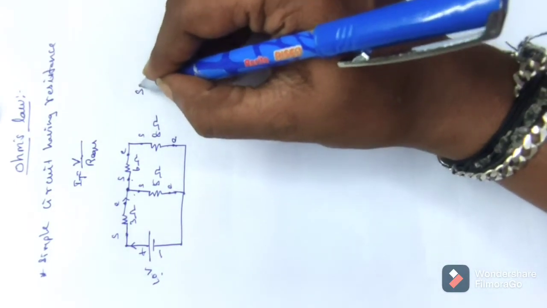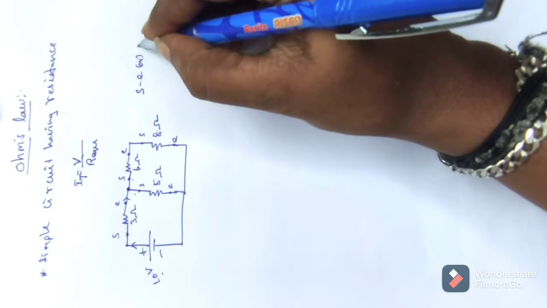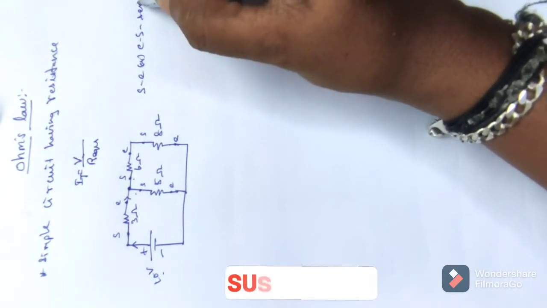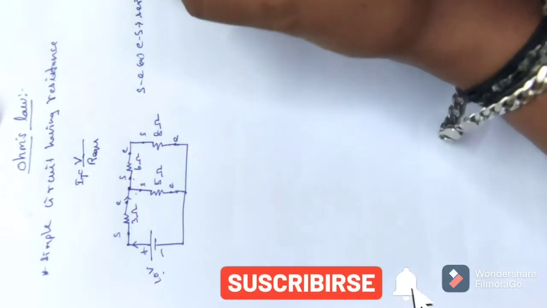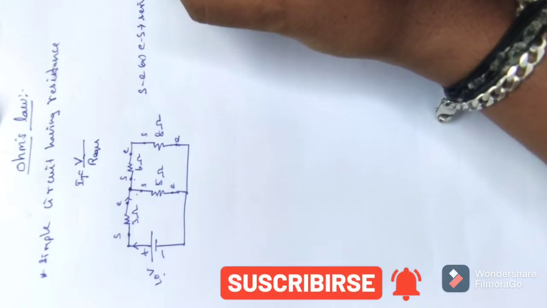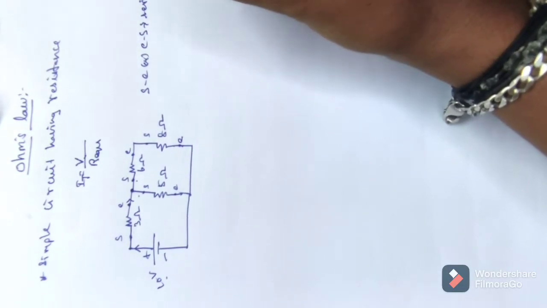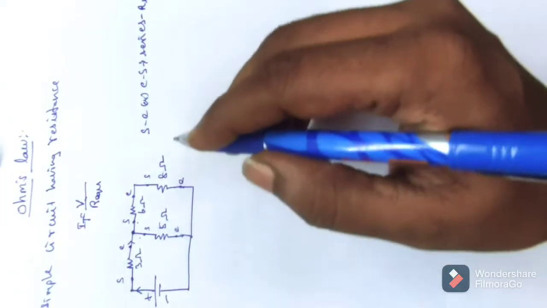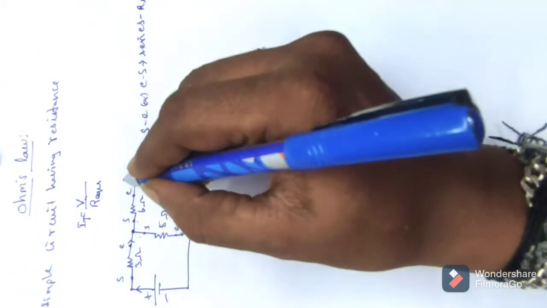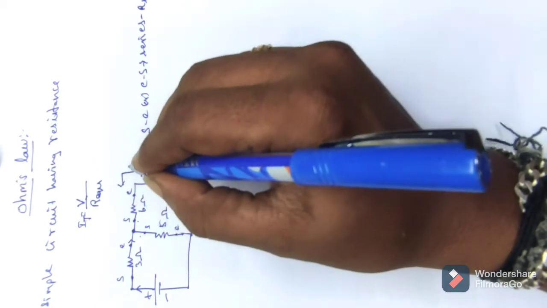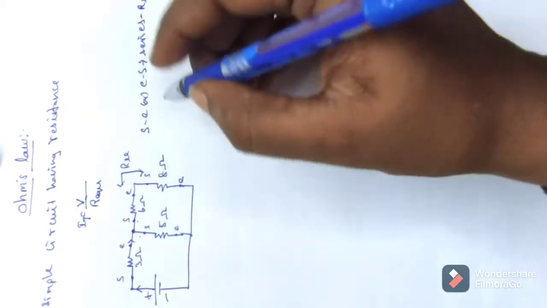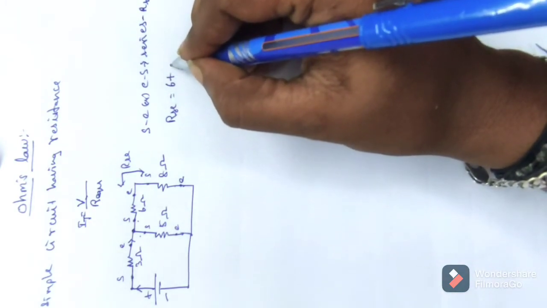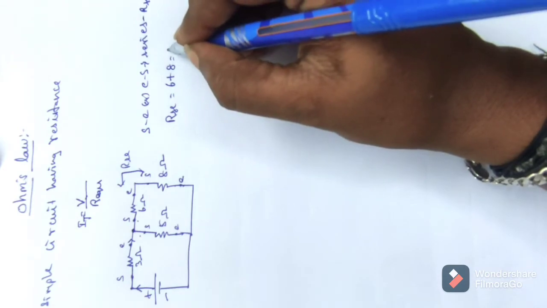Whenever we have a starting end to ending end or ending end to starting end combination, those resistances are called series connected resistances. If these two are connected in series, then we need to add those two resistances to get the R series equivalent. This is the concept I explained in the previous video. Now this is series connected, so I am naming it R_SC. To get my R_SC, I need to add these two resistance values, 6 plus 8, and the answer is 14 ohm.